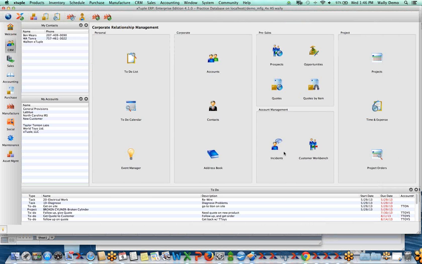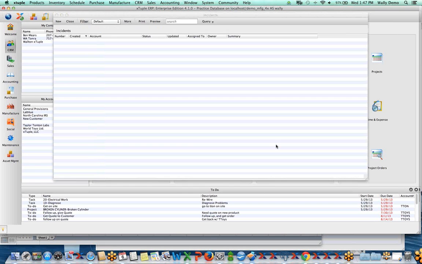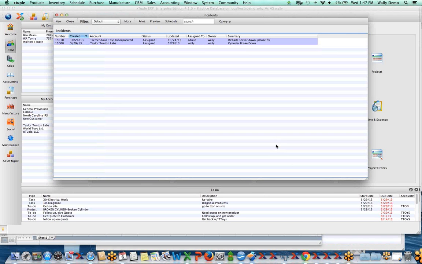So we've kind of looked at, well, one last thing here that I want to go over is incidents. So if you're in a kind of business where you might have some kind of service aspect to your business, customer calls with a complaint or customer calls with service, and somebody in support needs to call them back, or somebody in product management needs to call them back, we've got this terrific tool for managing those kinds of situations that we call incident management. So you can use it for lots of different